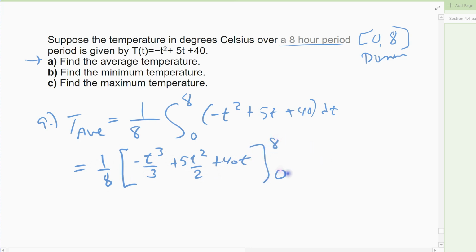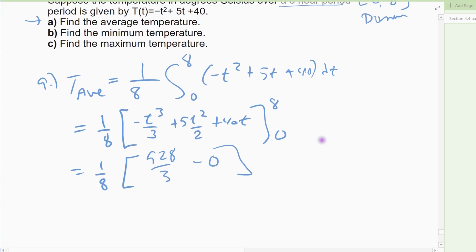I actually don't think this one's too bad by hand because of 0. When you plug this in, it comes out to 928 over 3 minus 0, right? When you plug in 0 you get 0 out. And then times an 8, which comes out to 116 over 3, or approximately 38.66 repeating,